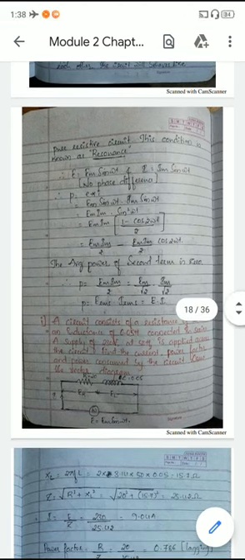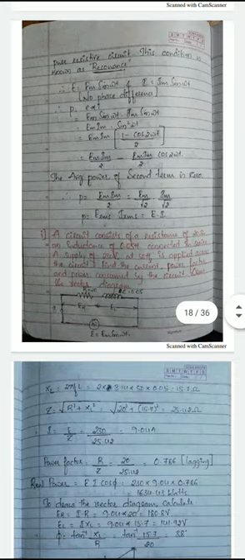So for these kinds of problems, first we need to draw the corresponding circuit diagram. That is what is given. A resistance of 20 ohm and inductance of 0.05 is connected in series. Draw one resistor and inductor in series and connect a supply of 230 volts and 50 Hz across them as shown in the figure, right? So we are given the value of R and the value of L.